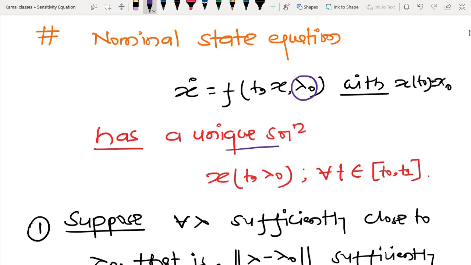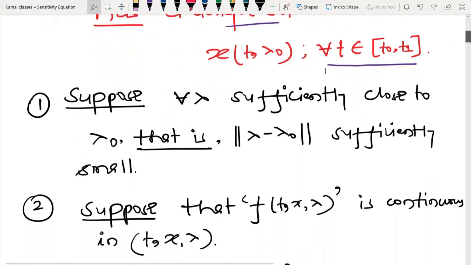Okay, so in order to talk about existence and uniqueness of the solution, now I have to make sure that if this parameter is varying with respect to time, then f is piecewise continuous with respect to this, or at least continuous with respect to this parameter. So that kind of assumption I have. After that we are assuming that if parameter lambda 0 is given to me, then at that time I have a unique solution in this time interval. I am just going to talk about the local solution, but this result can be extended to global also.